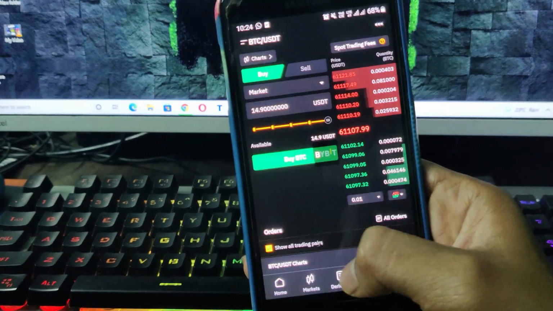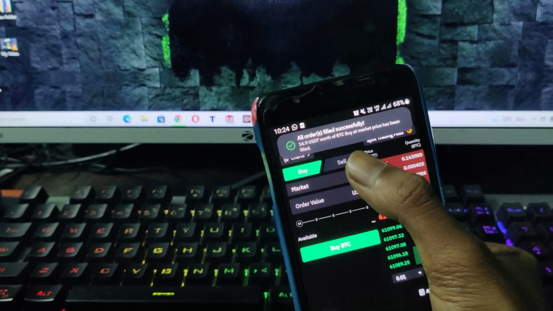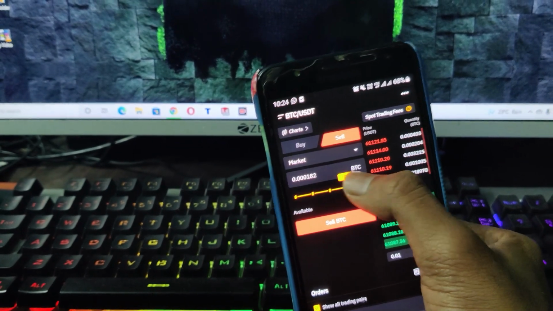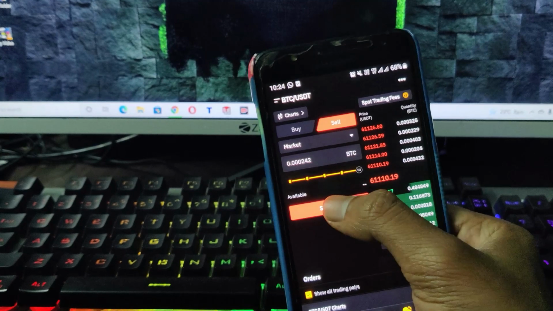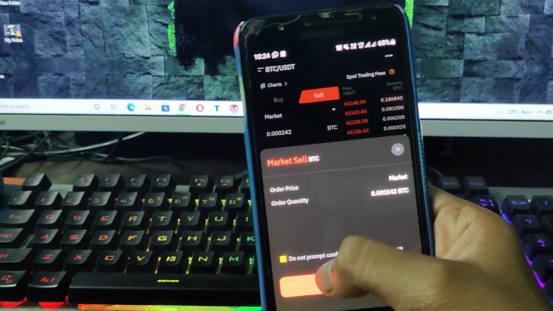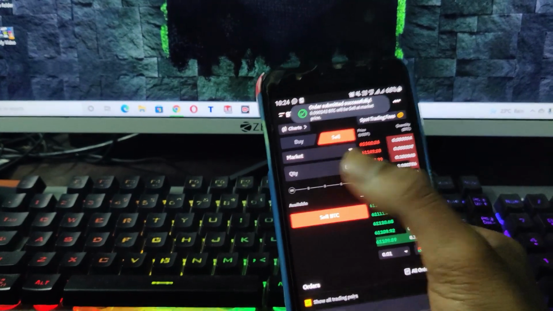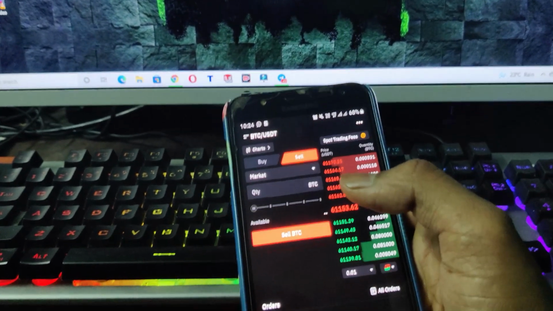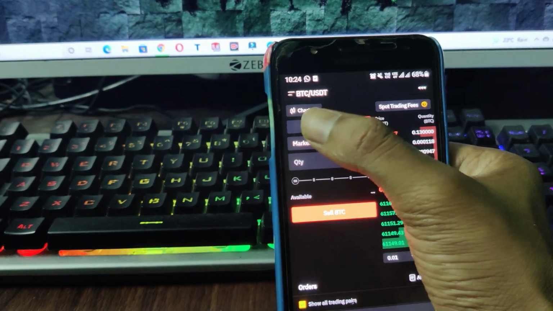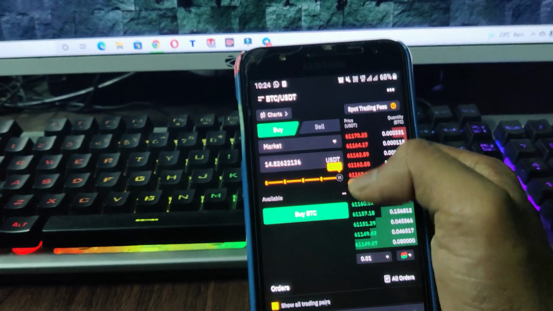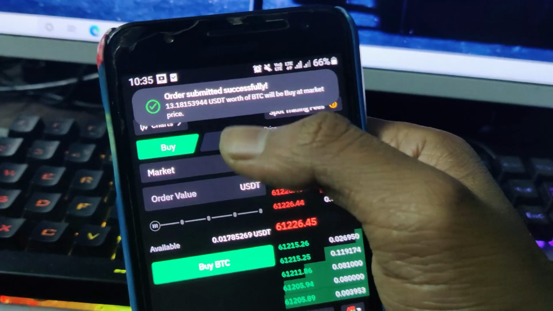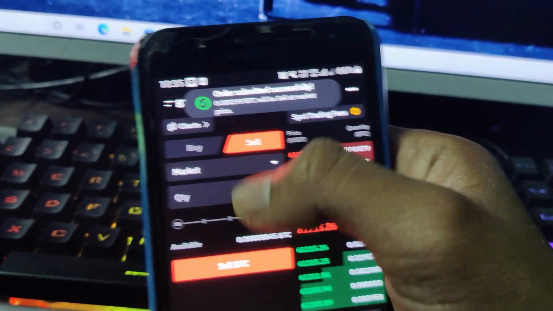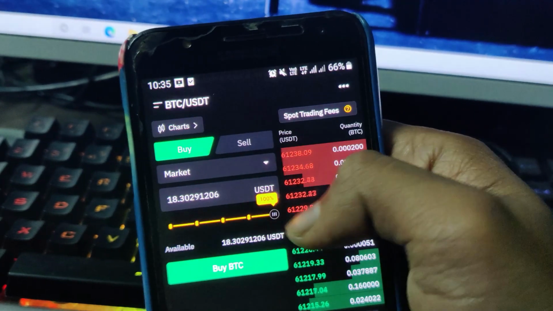So then click on buy BTC, the order will be executed. Then again click on sell, then click on 100%, then you have to sell it. So do it the same way till the volume is over $200. So again buy 100%, again sell it, click on 100%, then click on sell, then buy.